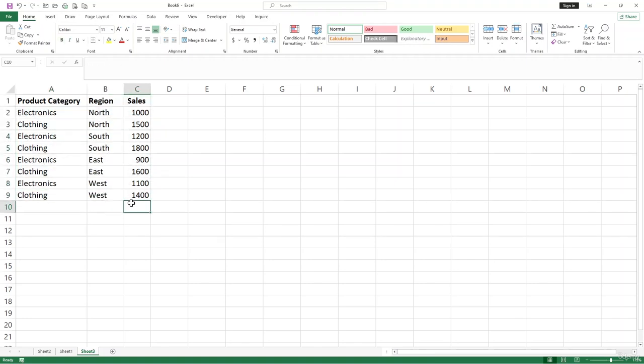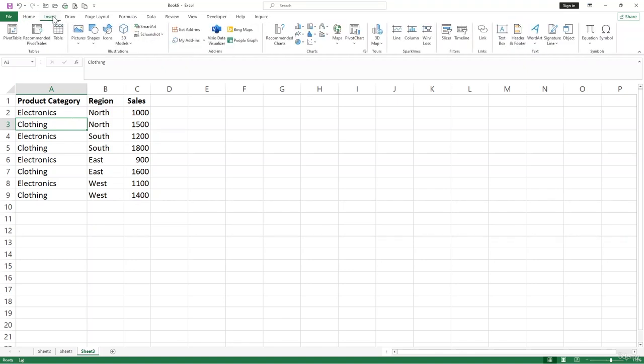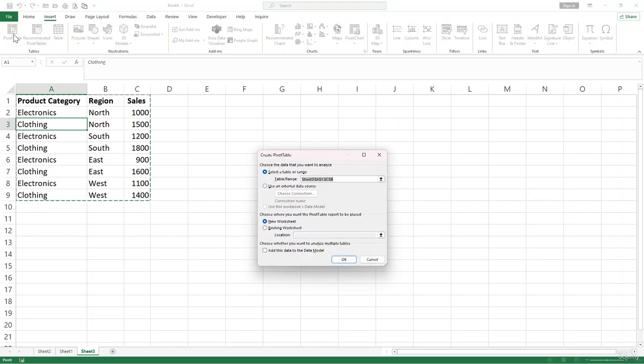Now that we have our data loaded, it's time to create our first pivot table. Simply click on any cell within your data set, then navigate to the Insert tab and click on PivotTable. Next, Excel will prompt you to select the range for your pivot table, and make sure the range covers all